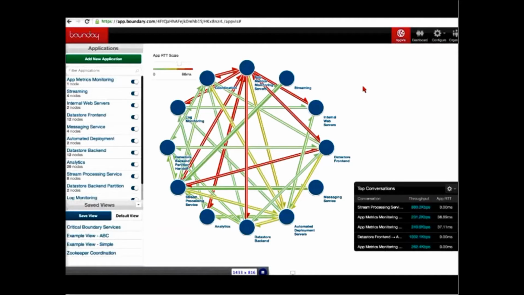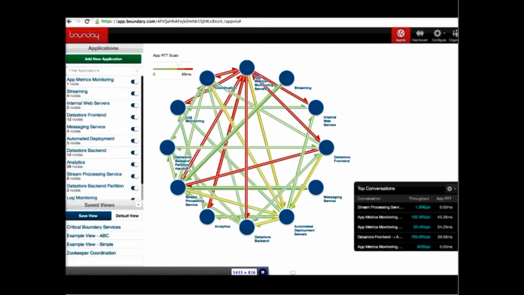So this default view that we're looking at is called AppViz, and just as the name implies, it gives you a visual representation of each of your application tiers, or each of your groups or silos of nodes. With Boundary, we look at servers as being a necessary evil. In this particular view, we're looking at the entirety of the infrastructure that goes into making up app.boundary.com. So these are real systems for real applications, and going into making up this view are